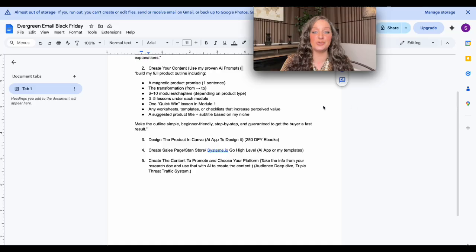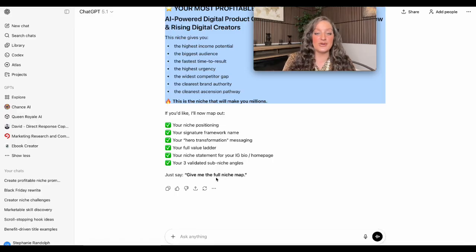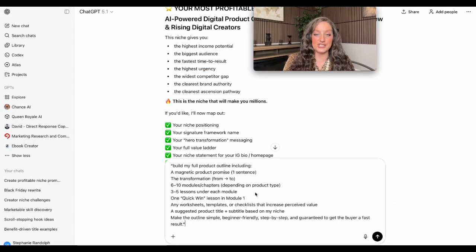So let's get into it right here. We're going to take this prompt that says, build my final product, including, and then I have the rest of the steps there. So let's go to ChatGPT. So now we have our marketable niche. We're going to put this in here and it should ask us to put in our niche. So build my full product outline, including a magnetic product promise.